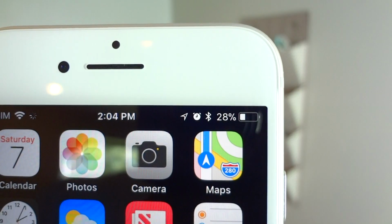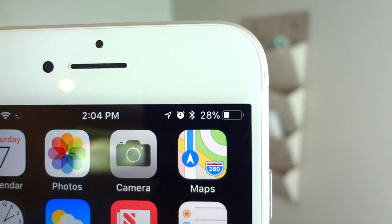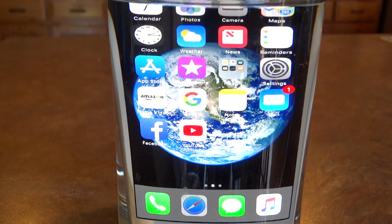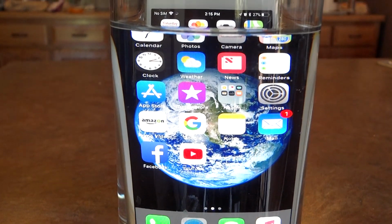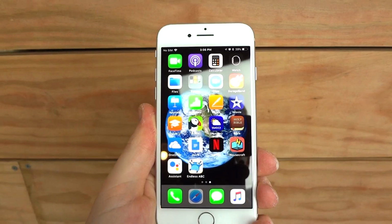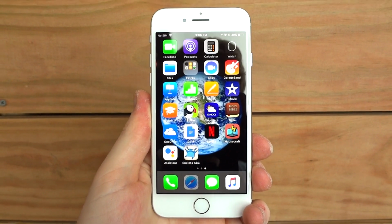Just saying. Battery life was able to get me through a full day with moderate usage, especially with its incredible standby performance that slowly sips battery. The iPhone 8 is IP67 water and dust resistant, making it submergible in up to 3 feet of water for 30 minutes. As for what's under the hood, we have 2 GB of RAM, the A11 Bionic CPU, and a